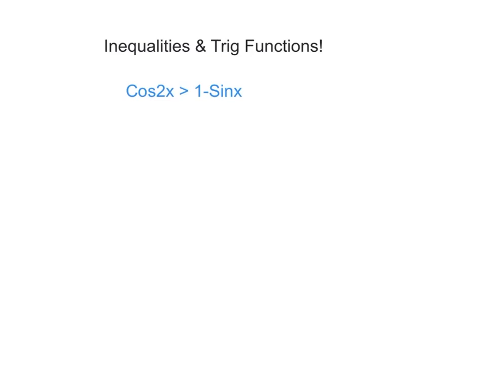Hi, in this video I will be explaining how to find the interval solutions for the problem that we see in front of us, cosine 2x greater than 1 minus sine x. How can we figure out where that graph is greater than 1 minus sine x? So if we graph both functions,